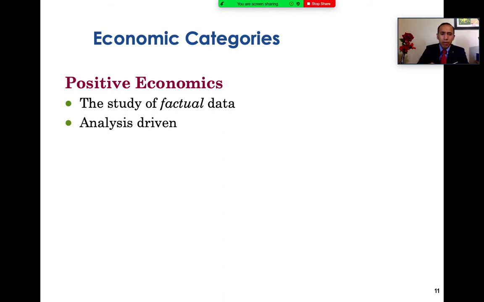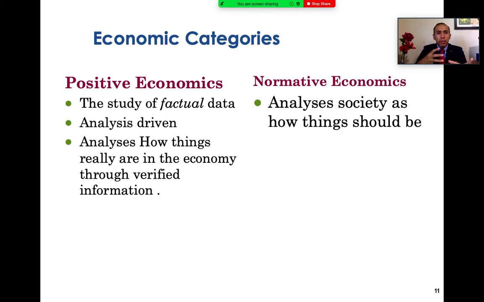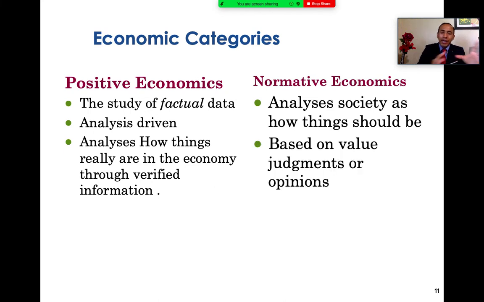Positive economics is very analytical, analysis driven, and factual, and it uses historical trends. It analyzes how things really are in the economy through verified information and factual data. Normative economics, on the other hand, is more towards the ideal state of the economy. It analyzes an economy or society as how things should be, based on value judgments or opinions rather than actual